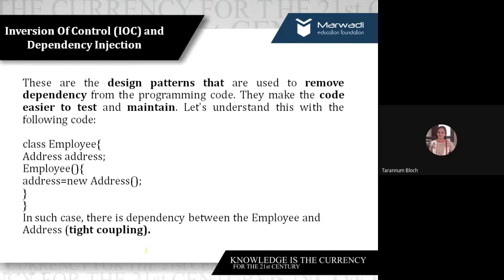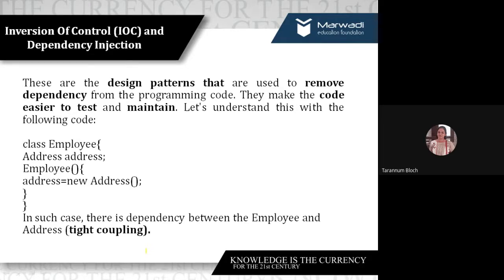So IOC, DI, MVC, all these are design patterns. Design patterns inform the developer what is the best way to implement that particular functionality using that pattern. When I say pattern, specifically it specifies where your software components could be placed, right? So based on those design patterns, we design our software, right?